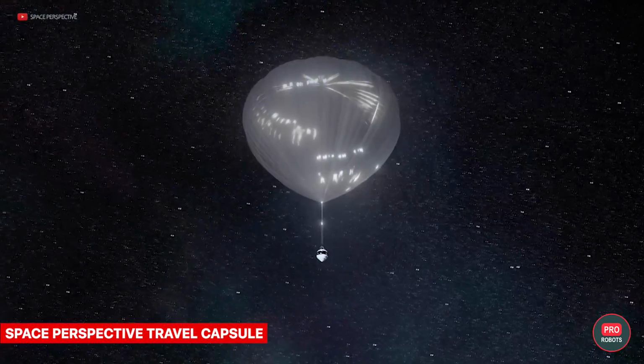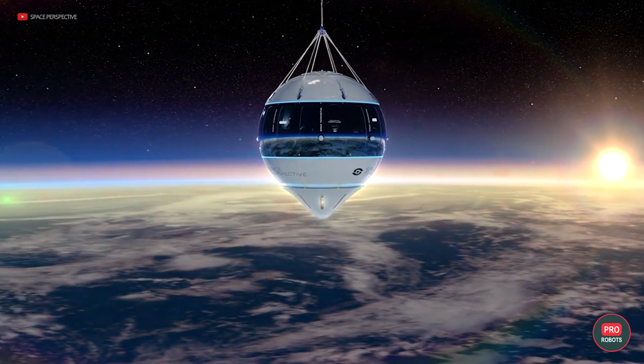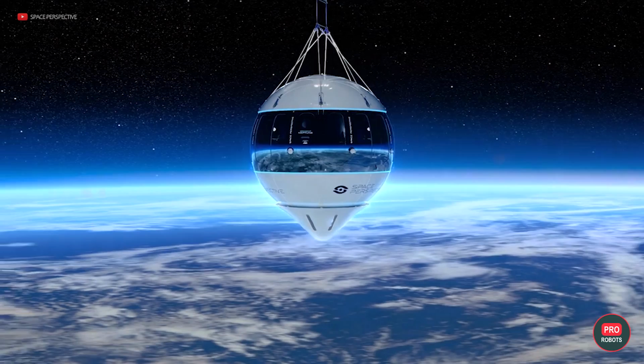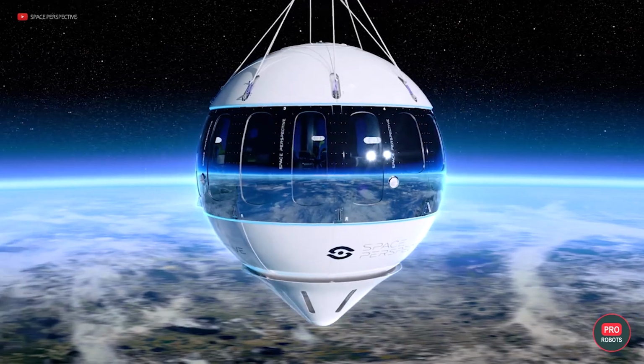Another space, or almost space, project in our top wow list is the Excelsior travel capsule from Space Perspective. The work on it has been going on for about 10 years, and finally, the largest spaceship in the world, as its developers call it, is preparing for its first commercial flight with passengers on board in 2025. The tourist space flight system is called Neptune and consists of two parts, the Excelsior capsule itself and the giant space balloon. First, the marine spaceport Voyager will take Neptune to the high seas, where it will be inflated and